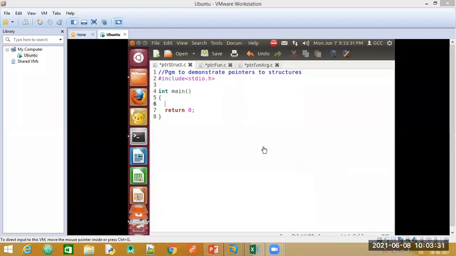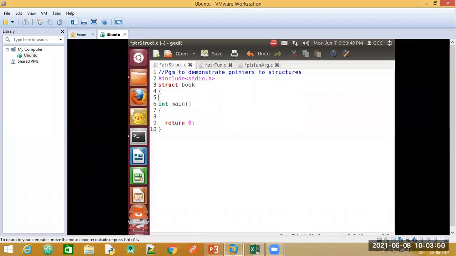Now what I'm going to do is, I need to declare a structure first. So first, let me declare the structure with the keyword struct. Let us say that I'm creating a structure of type book. Now, I will have two variables here.